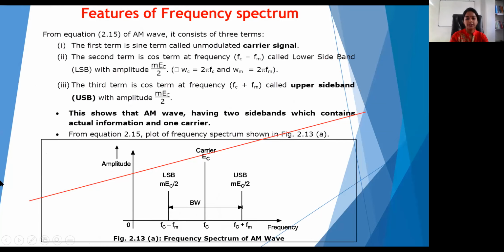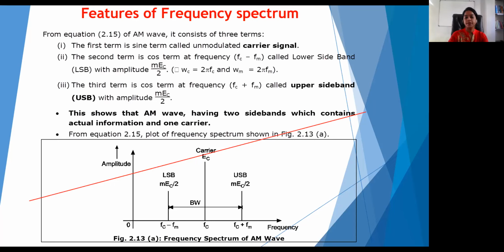Like this, see, this thing is the frequency spectrum. After calculation, for the homework which I have given to you, you have to draw the spectrum like this. So here we have the terms. यहाँ पर upper sideband, lower sideband का concept है. In amplitude modulation, this spectrum you have to remember.